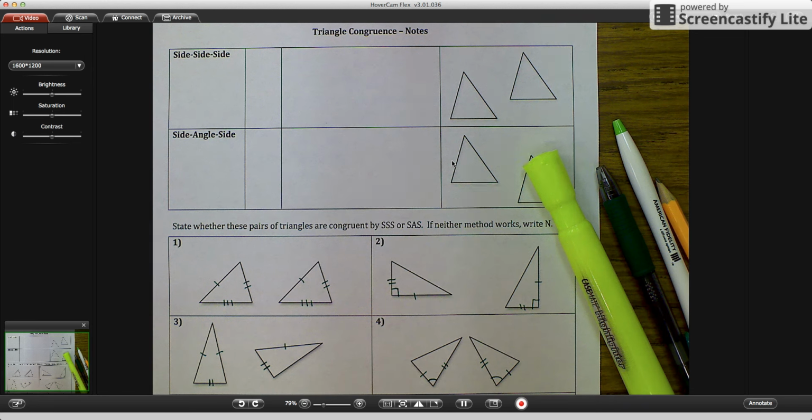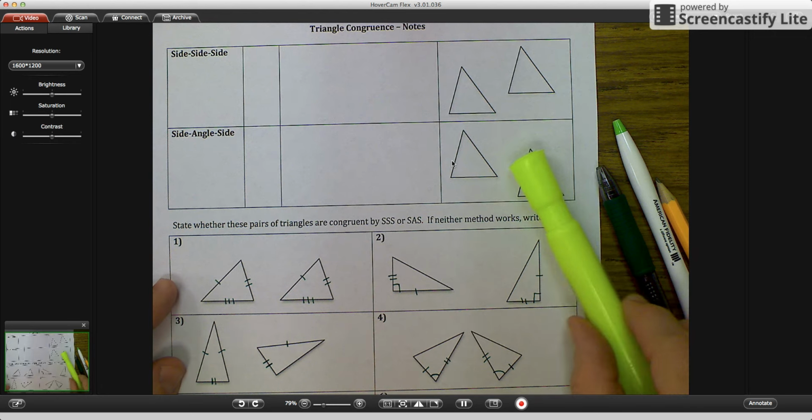Good afternoon. Our next video is talking about triangle congruence. We've been talking about triangles, and we've been talking about things that are congruent, meaning they are the same shape and size. Remember that when you're taking your notes and you have this sheet of paper, you want to have